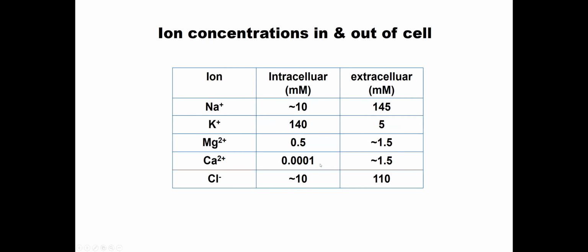Calcium is significantly different. Outside is much higher and inside is much lower. And sodium and chloride, outside is much higher. And if you compare high and low, it's almost more than 10 times a difference,